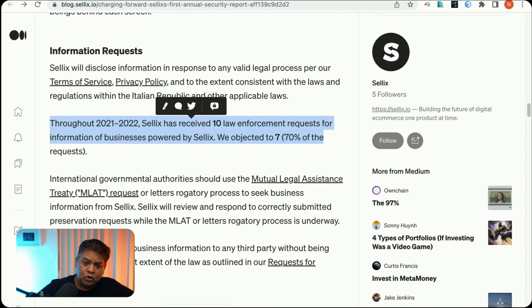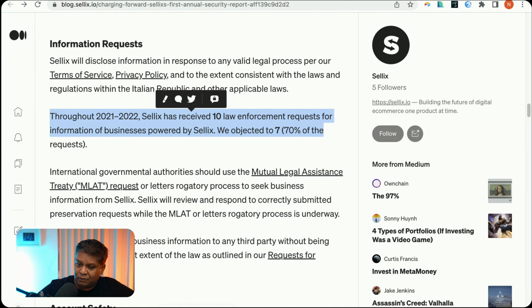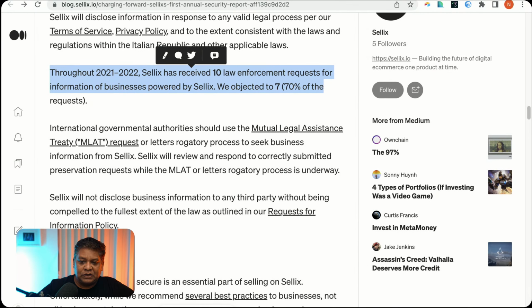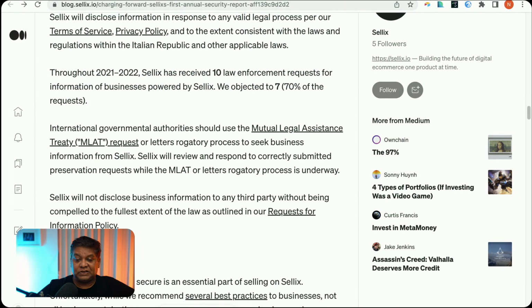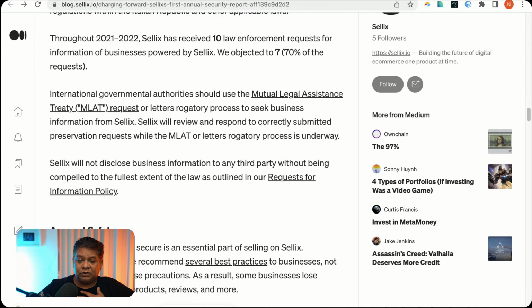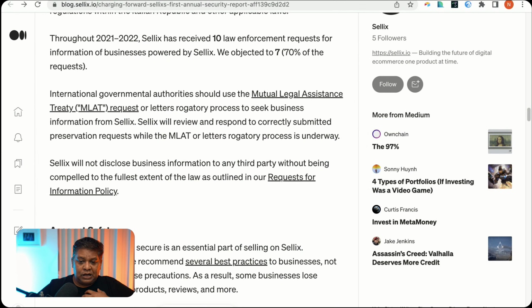So I don't know why they have objected to those and what are some of the powers they have, but it's interesting that they have received 10 law enforcement requests. They're obviously on the radar for a lot of illegal activities that they are powering, right?